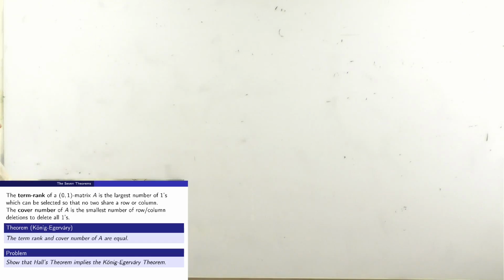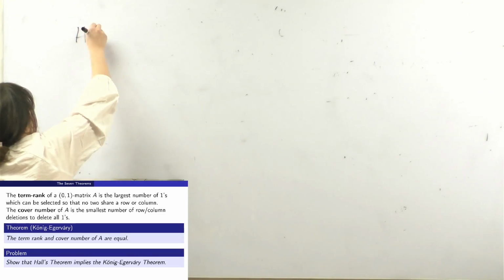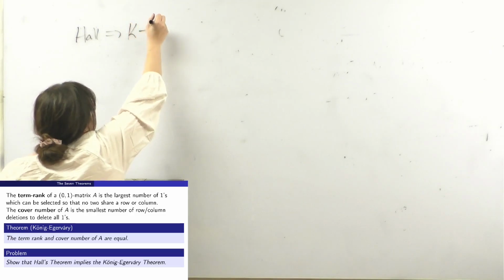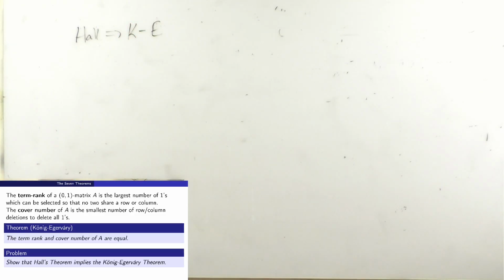Hall implies Koenig-Egervary. Well, just like in the proof of Hall's theorem, this looks a little bit different from what we said in Hall's theorem. Remember when we were proving Hall's theorem, we said one of the implications is fairly clear. In all of these theorems, there's going to be one direction of inequality which is not that hard to check. In this case,